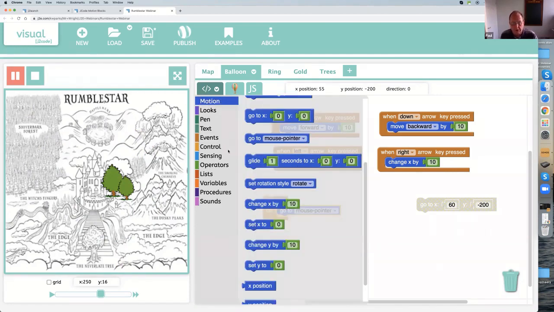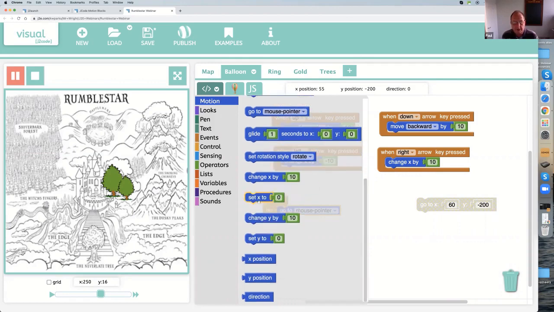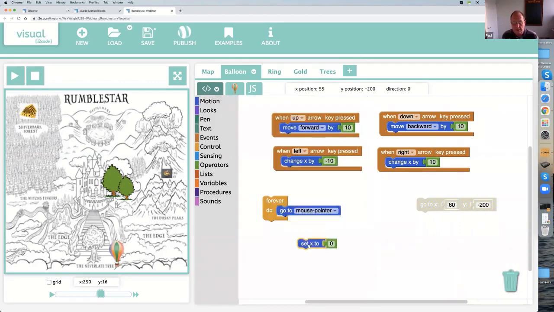I'll come to the rotation in a minute. The set X and Y buttons do exactly that. So if I set X to 0, then I will just run that block, right click, run that block, and you'll see the balloon goes to 0 on the x-axis. So you can use that to position your sprite any way you like,